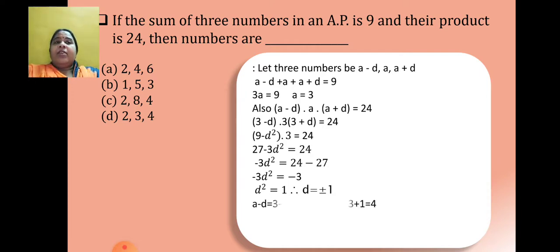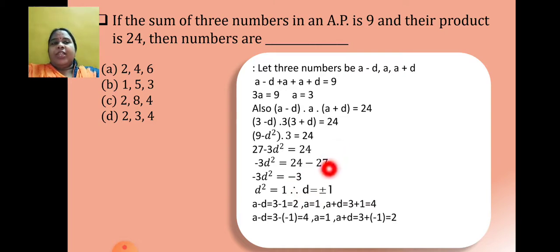Now let us get the terms. A minus D is nothing but 3 minus 1. We are taking D as plus 1 first. Okay. So what will we get? 2, 3 and 4. Just see the working here. 2, 3 and 4 are the terms. When we take the other value, D as minus 1, there are 2 values of D. Correct? This is for plus 1 and this is for minus 1. So what do we get? The terms are 4, 3 and 2.